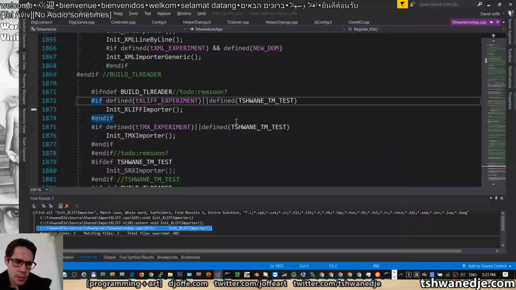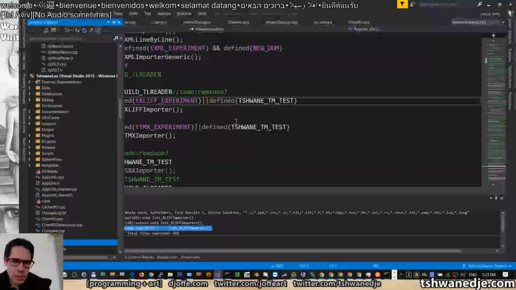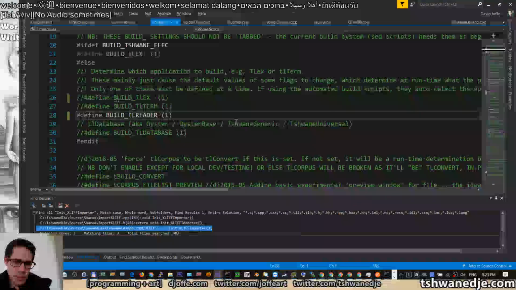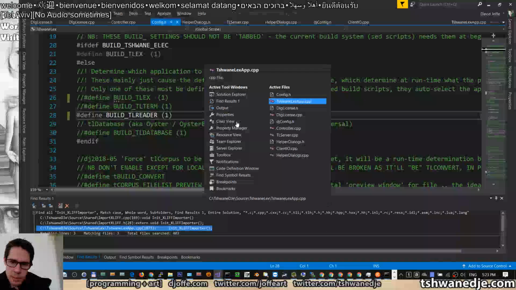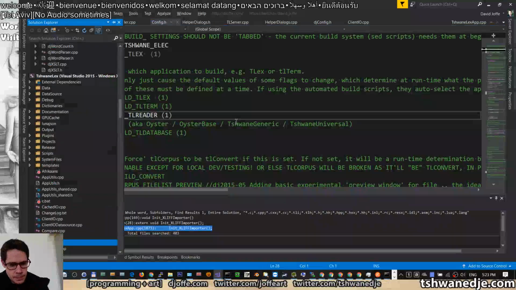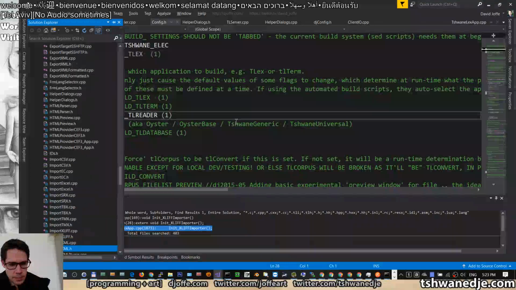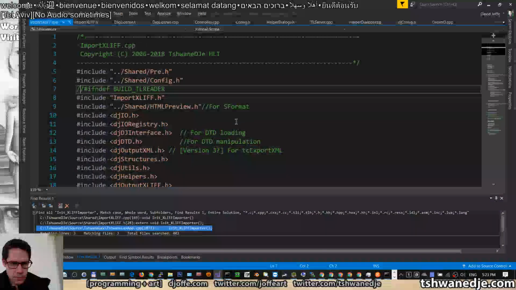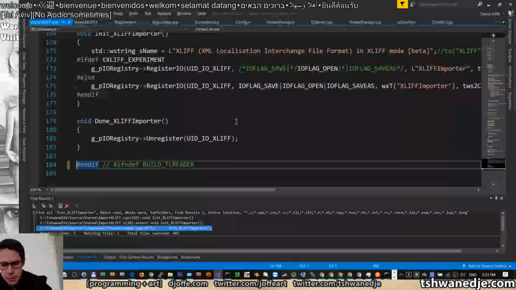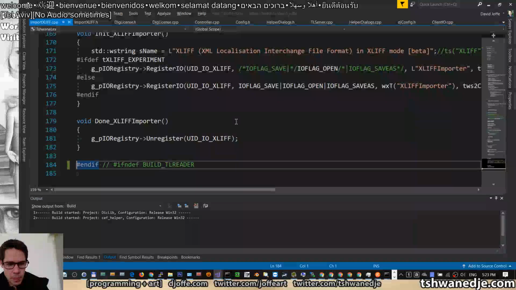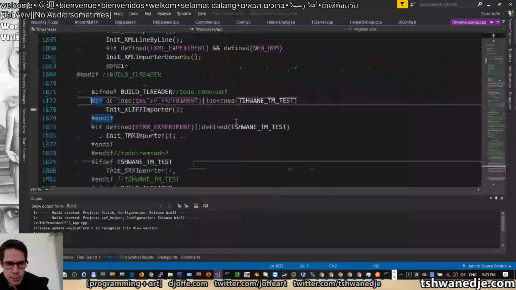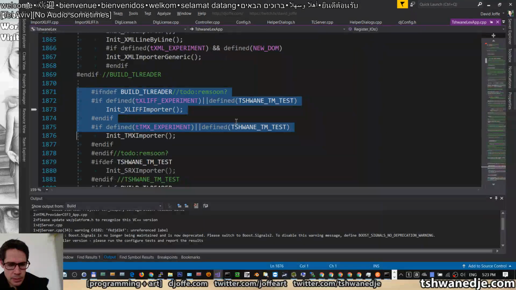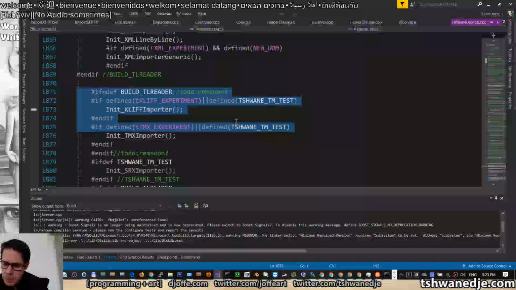Let's try something. I have a feeling that I might remember why I added it. If I select to build TL reader, and I precisely take that out again, import XLIF. Okay, so what happens if we build reader without this? Because that's what happened. I was building reader, I think I was getting errors, and then I decided to add it to fix the errors. Now,